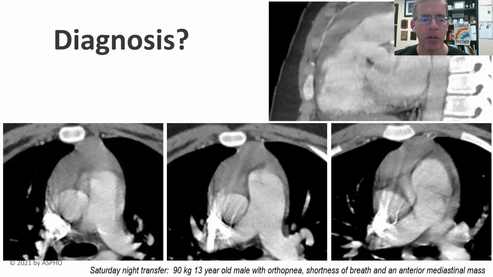Lastly, this is a Saturday night transfer, 90-kilo child who's 13 years old, has orthopnea, shortness of breath, and an anterior mediastinal mass. My excellent fellow went into the room to talk about all the different kinds of lymphomas, and I went to the pediatric radiologist. This is actually a prominent, but nonetheless normal thymus in an otherwise healthy child. He had orthopnea because somebody asked, do you sleep propped up on a bunch of pillows? And he said, yes. The reason he does that is because he plays video games at night before falling asleep. Do you have shortness of breath when you run up a couple flights of stairs? We all do. So anyway,